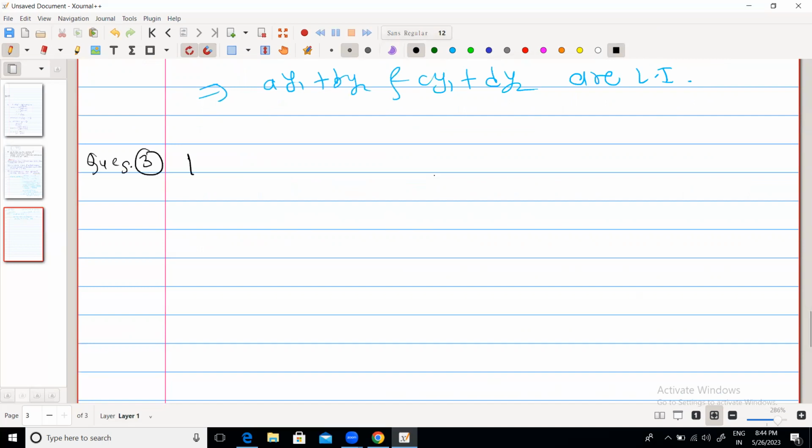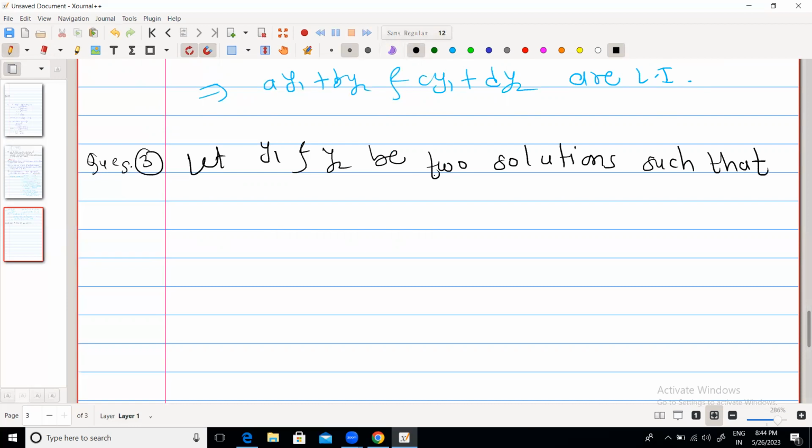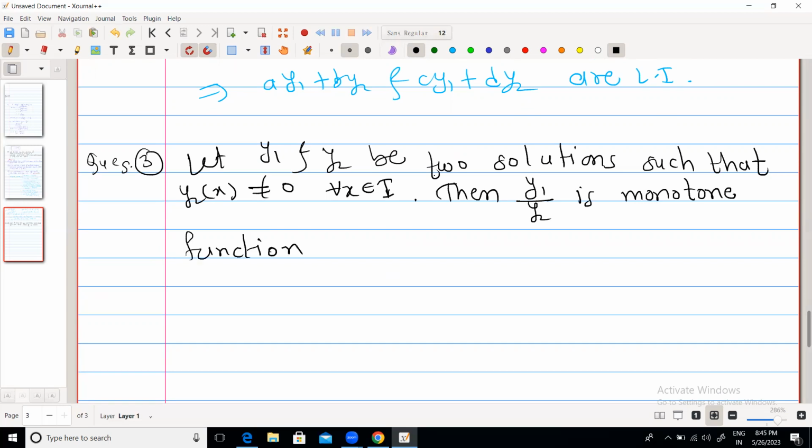Question number 3. Let y1 and y2 be two solutions such that y2 of x is non-zero for all x belongs to I, then y1 by y2 is monotone function on I. Okay, so